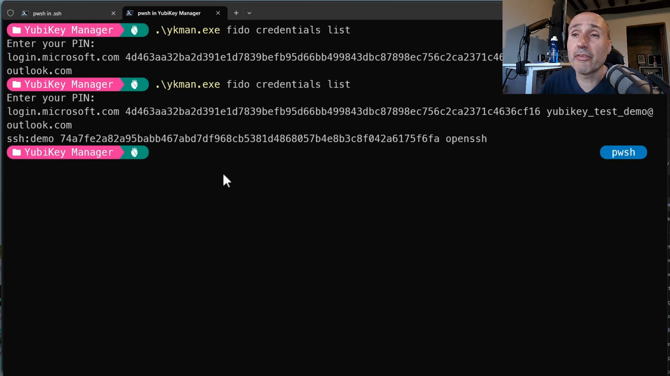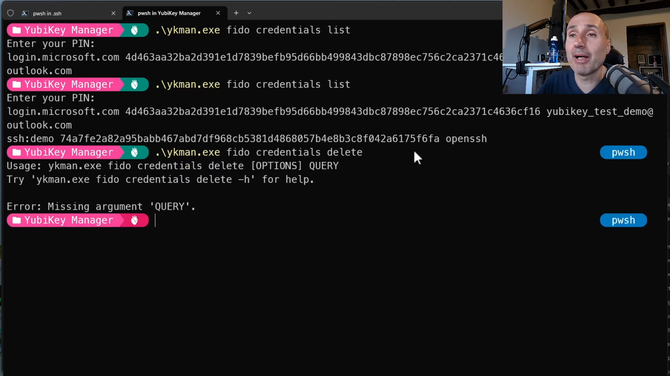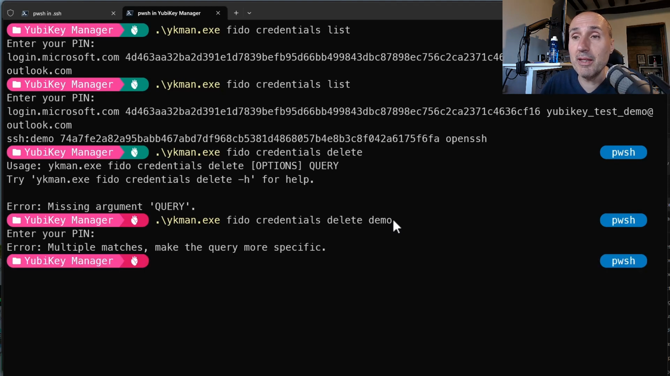As a final touch, as usual, you can also delete a key. So let's suppose you generated a resident key, like me, and I want to delete it. I can simply use the ykman FIDO credentials delete command. If you specify the command like this, it asks me to specify a query. The query is just something that helps me identify the key, so I can use part of the information. So if I use demo, it is asking me the PIN, and it says, oh, you have multiple matches,